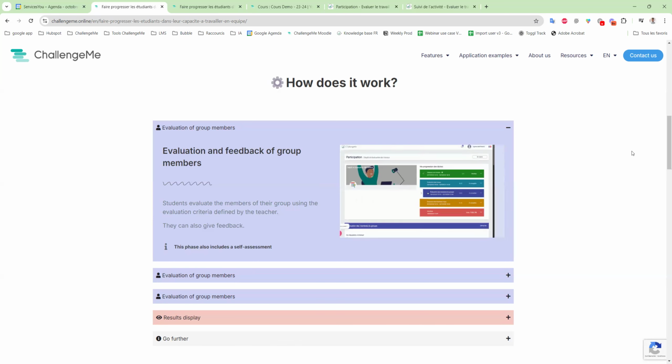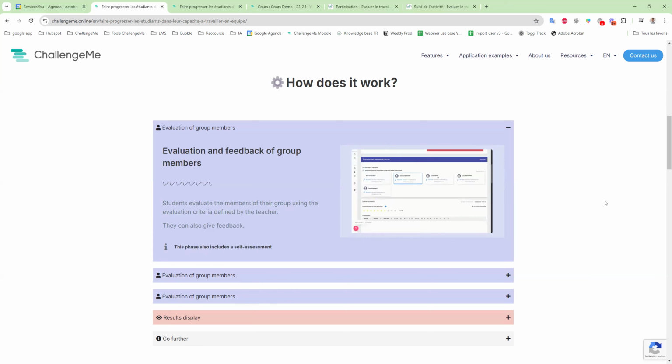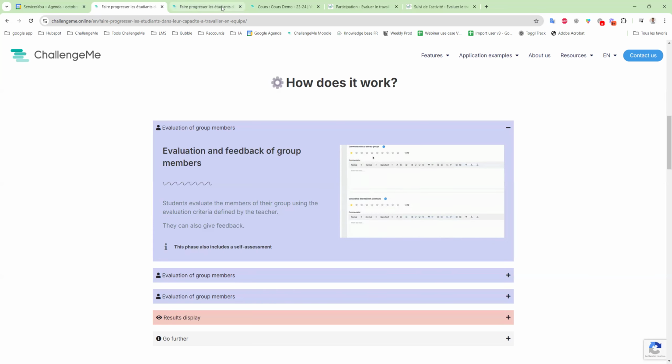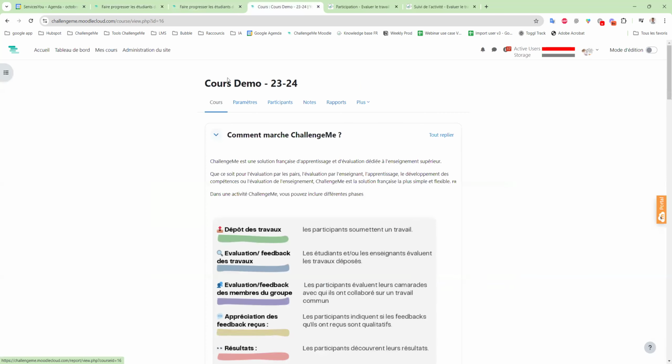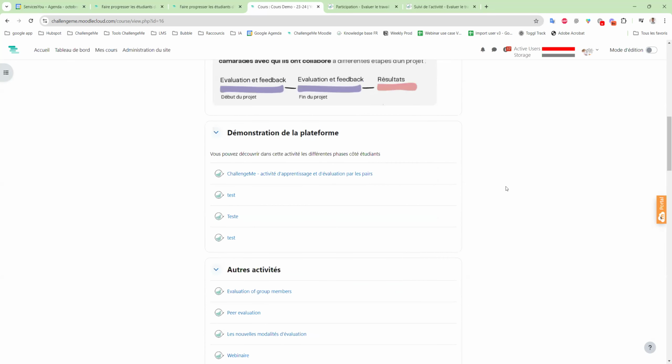So once we see that, we can now go to the platform to show you what kind of activity we will launch today. So if I go to a Moodle environment, just to remind you, we are fully integrated to the main learning management systems of the market. And I will show you first what a student will be able to see with this use case. So here I'm logged in as a student, in a Moodle environment, but it will be the same if you're using Blackboard or Brightspace or other